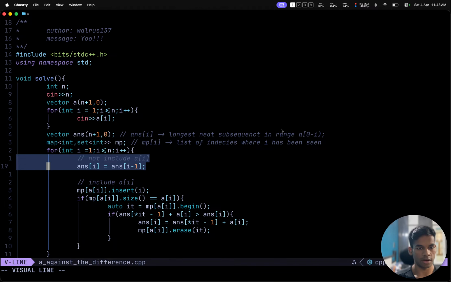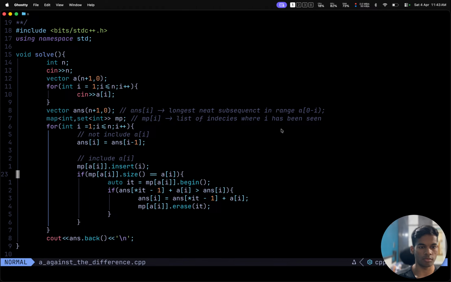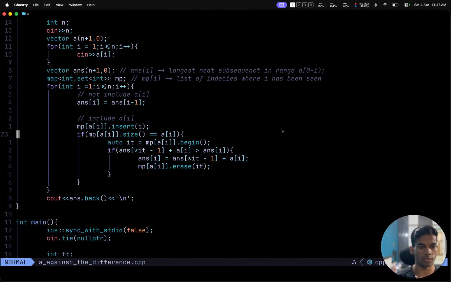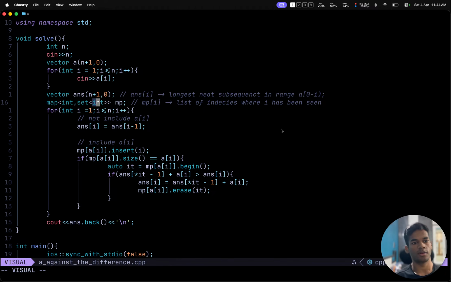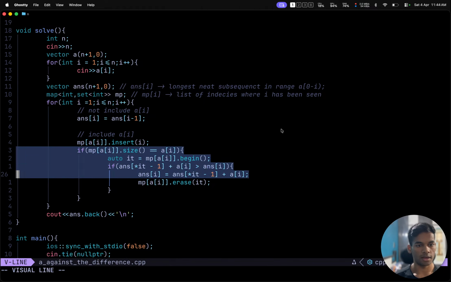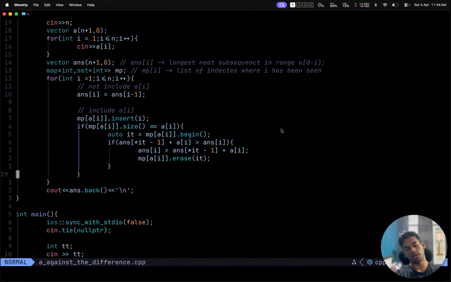This part we are handling like a pro. Like, yes, what could go wrong in this? A[i] equals A[i] minus 1. Nothing wrong with this. And if we do include A[i], the current element, then we first of all insert A[i] into our set, and set is just a set of integers. And if mp[A[i]].size equals A[i], which is the definition for a block, that is